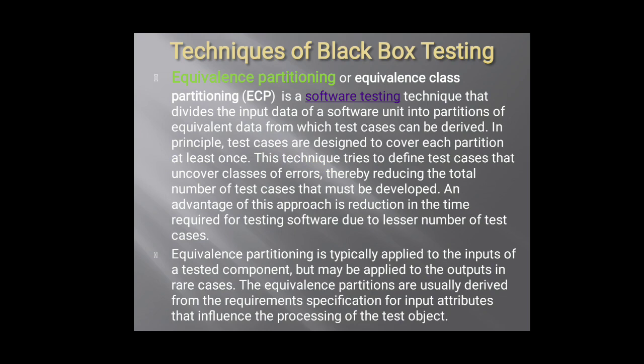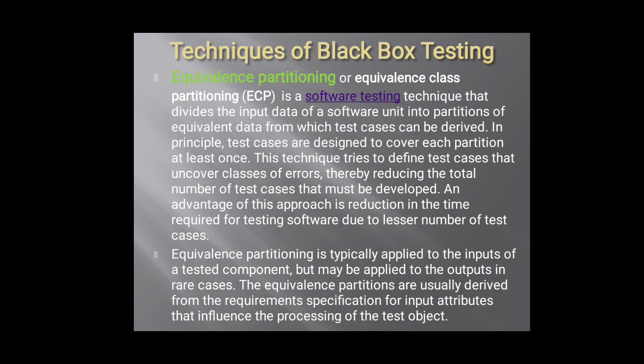Requirement specification means, if I say I have developed a form, I require a text box field in my form. When I'm writing that text box field, this is my requirement: for writing my name into the form, I require a field called a text box. So in that text box, I can only type alphabets from A to Z. Now A to Z are 26 letters. So suppose I am writing my own name, Prajakta.